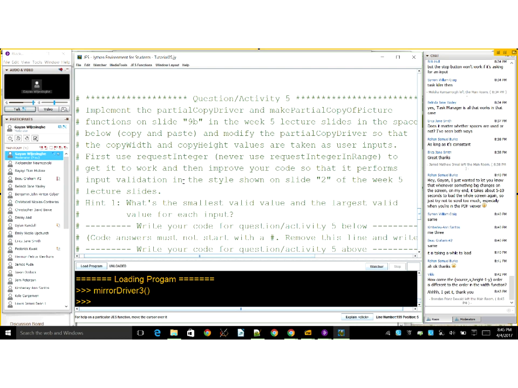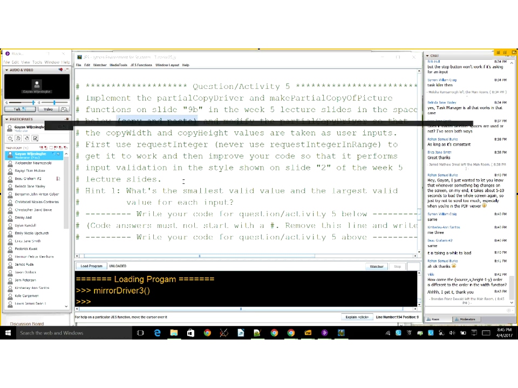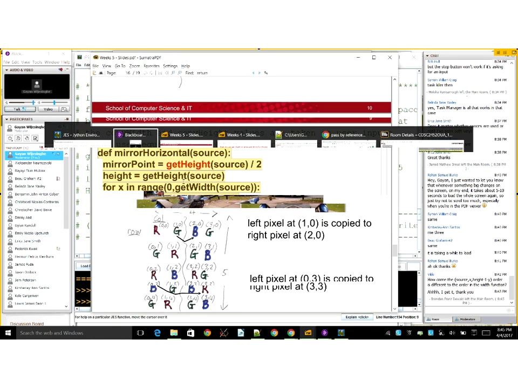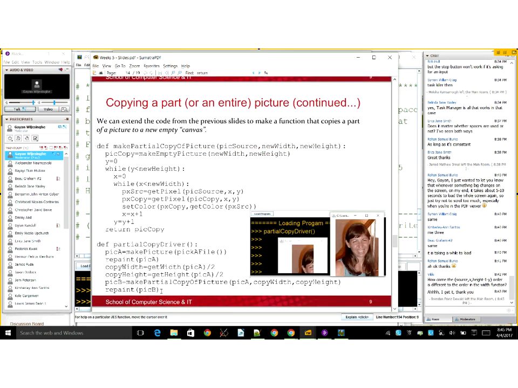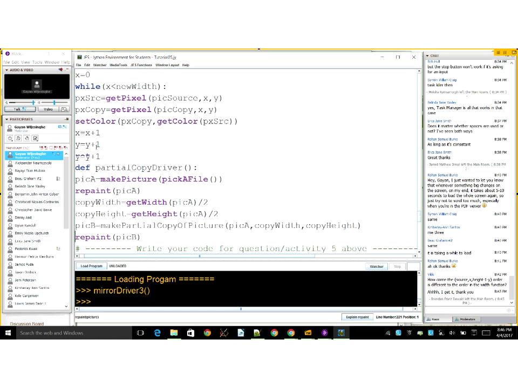So the next question is 5, and it says implement the partial copy driver and make partial copy of picture from 9b. And so first get it to work, right? So first copy it and paste it. So from 9b, where are we? 9. Hang on. So that's the second one, right? Still called 9. Copy it, go back here, paste it, and